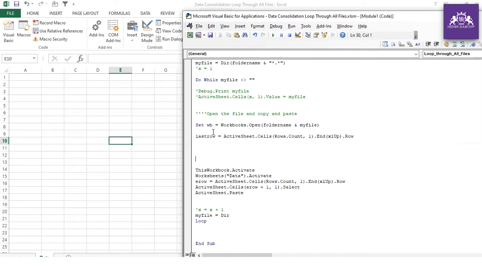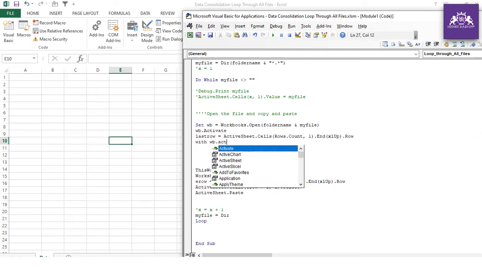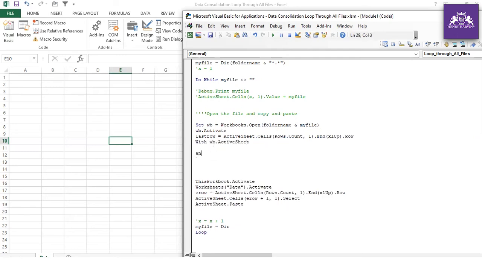But there are multiple ways. This is actually the easy one: set wb equal to. Once the file is opened, its name will be stored in the wb variable. Then you have to activate that. This is an amazing way, because sometimes the file is too heavy. So after the file is open, we ensure it is activated, then it has to capture the last row. And now what we can do with wb.ActiveSheet